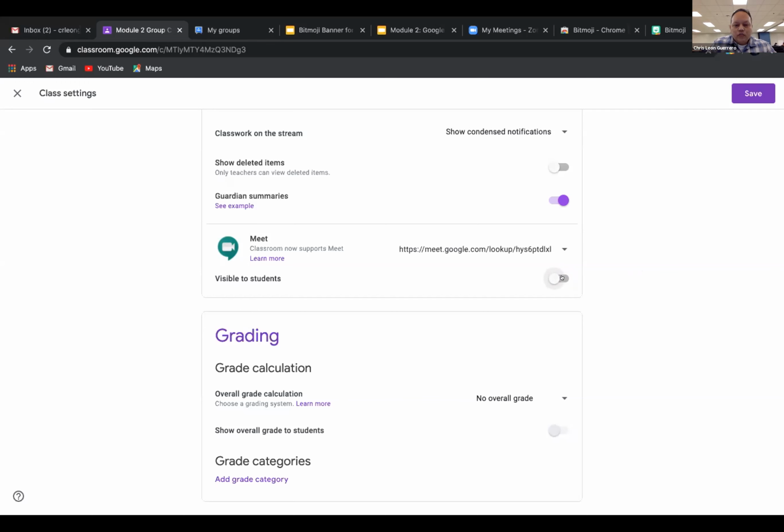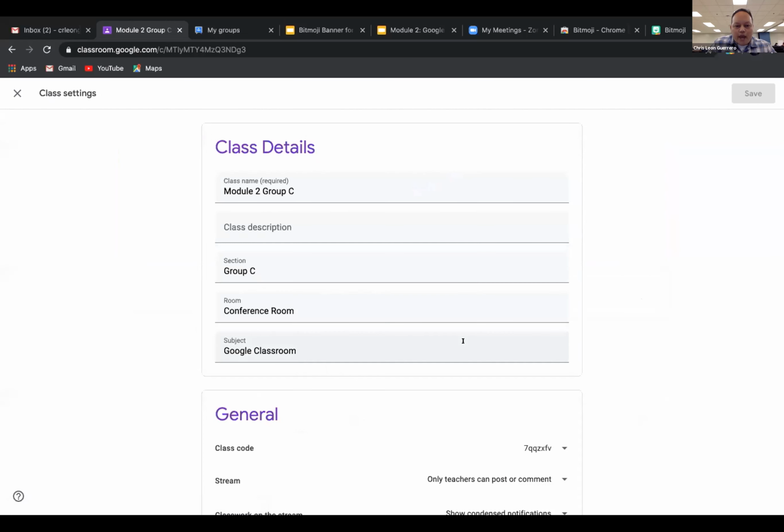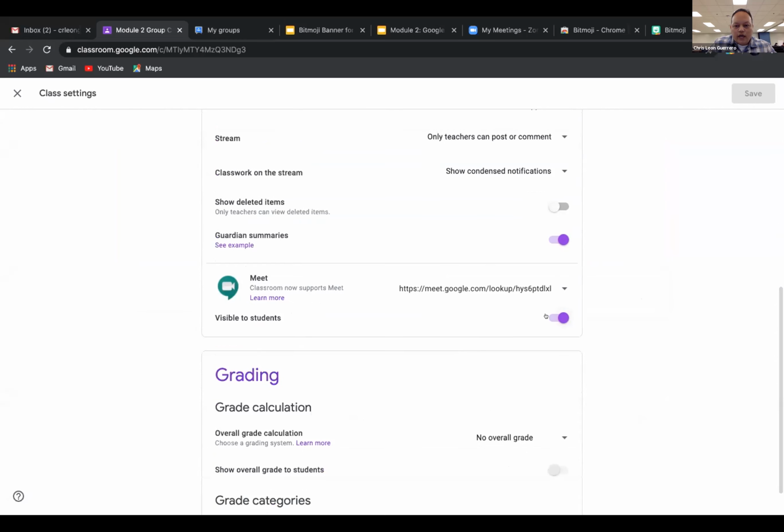So let's just see what that looks like. If I turn it on, right, I have to click save. If you don't click save, it won't work. So I click save. Okay. So here, if you look at the banner, you'll see it says Meet link, and they can actually click on this and go into the Google Meet. Now, if I go back and I toggle that off